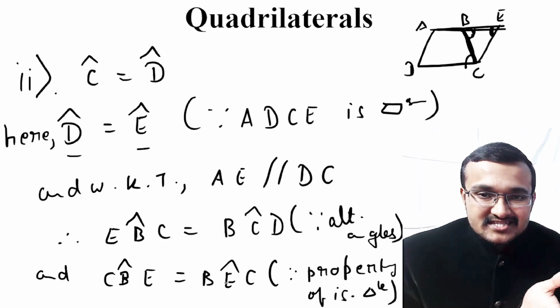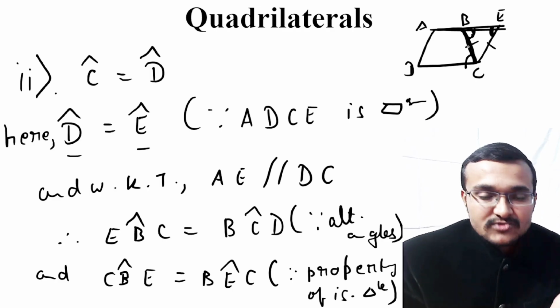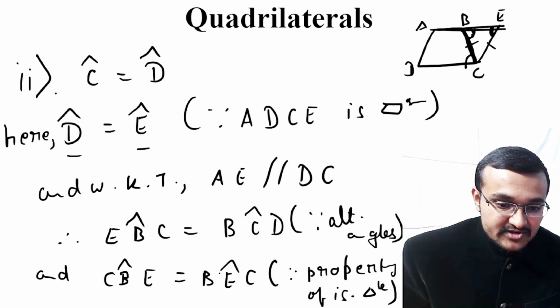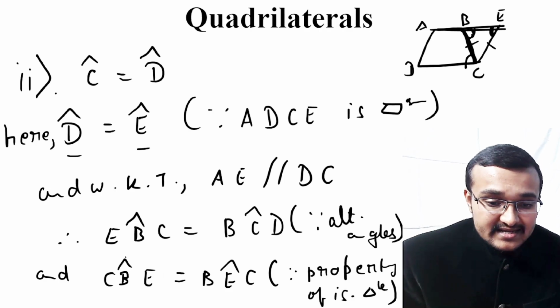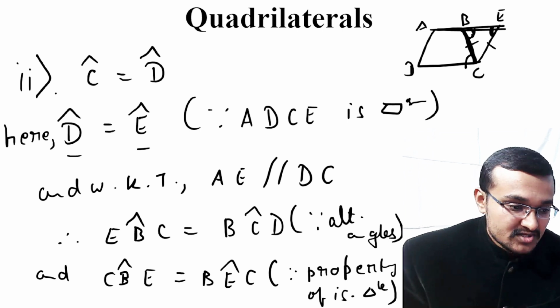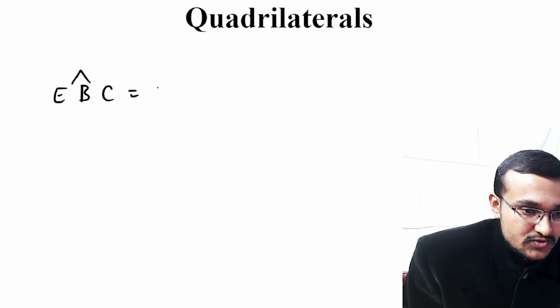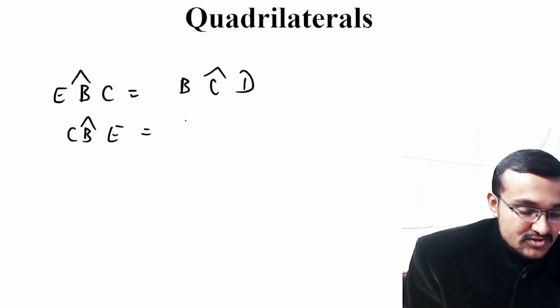Because opposite sides are equal to each other, because here BC is equal to CE, the opposite angles will also be equal to each other. So CBE is equal to BEC. This also we know. And EBC is equal to BCD. So here EBC is equal to BCD, and here we are also getting CBE is equal to